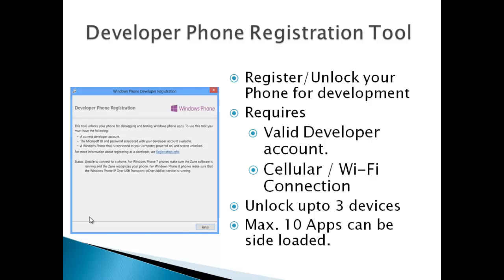In a Windows Phone, if you are a consumer, if your device is not a registered developer device, the only way for you to install your app is through the Windows Phone store. But as a developer, you don't want to develop an app, submit it to the store and then test it, right? When you're developing the app itself, you want to test it on the device, how it works. So with side loading, when you build your app, you get a XAP file, and you'll be able to deploy that XAP file onto the device.